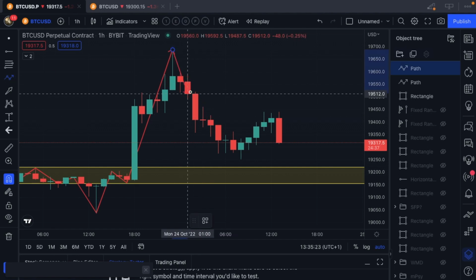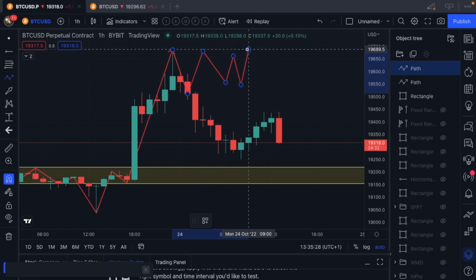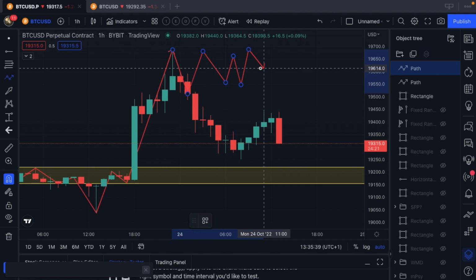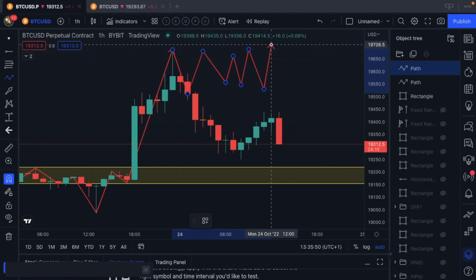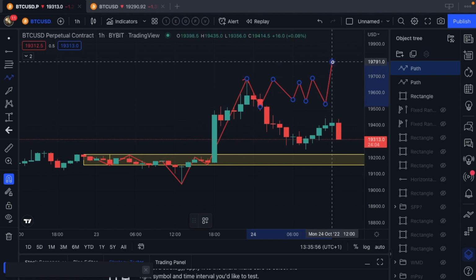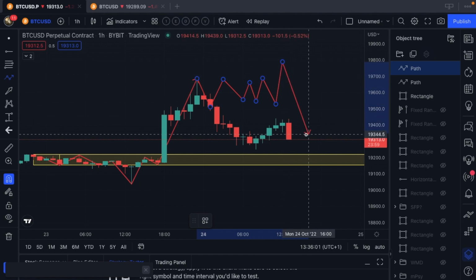What happens is they'll start working this area. They'll start ranging in it for a few hours and start to get people feeling pretty bullish about this. And this is what we call working the high of the day, or if it had gone the other way, it would have been working the low. And then it'll do a bit of a fake breakout, and that is where you would want to get in on a short position,